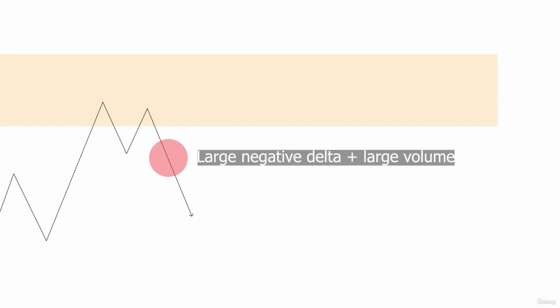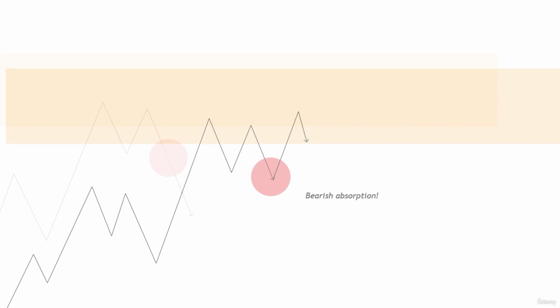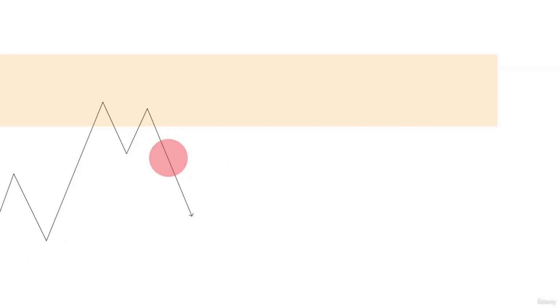Once the price reaches our key level, on lower time frames we want to see a bearish candle with high delta and strong volume. This selling pressure needs to be confirmed, so ideally the price should close below these levels. The further the price closes below these selling volumes, the stronger the acceptance of these volumes is. If the price closes above these levels, it indicates bearish absorption. But if the price closes below these levels, it means that all these sellers have the strength to push price